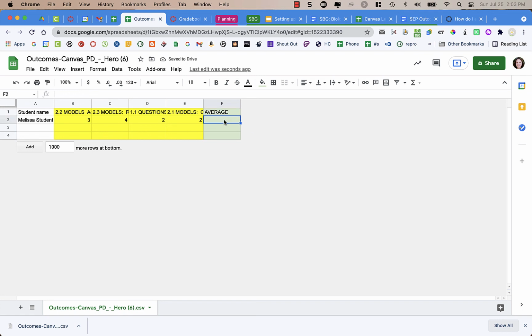Then I'm going to go into my first square here, F2. Actually, before I do that, I'm going to type in some fake data just so we can see what happens when you have more kids. Sorry, we don't have any 4s, 5s. Okay. So now that I have some fake student data, I'm going to click on